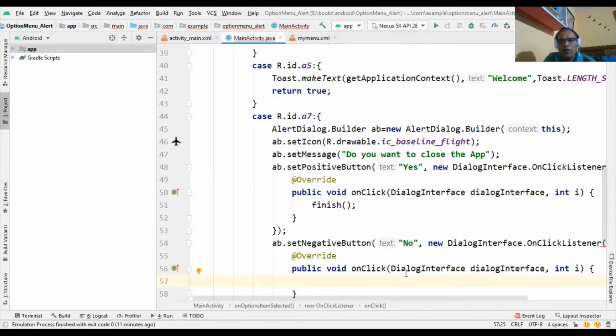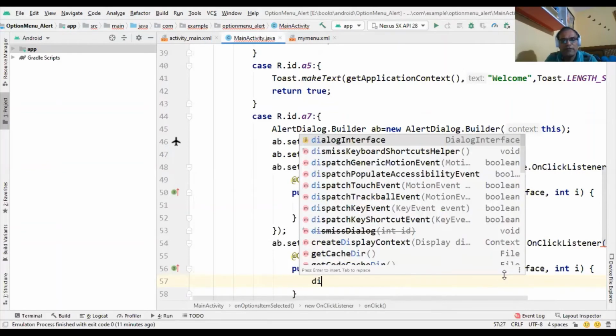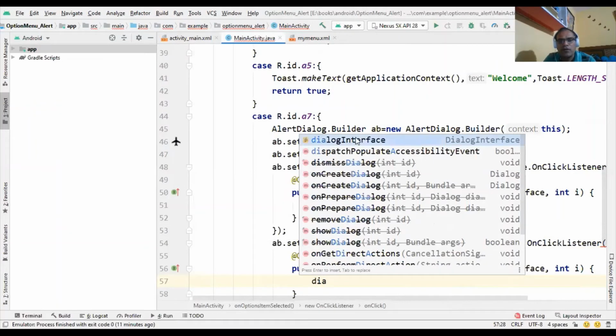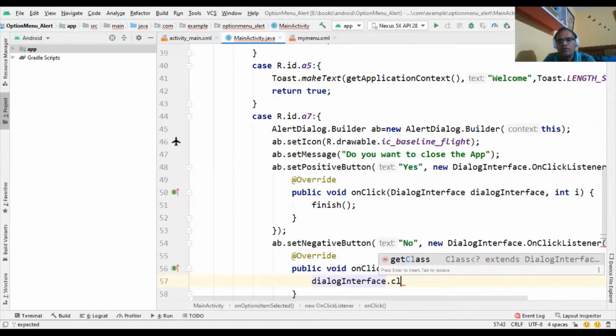Now if we click on the no button, we want to close only the dialog box, not the application. For that purpose we use this argument, DialogInterface dot cancel.